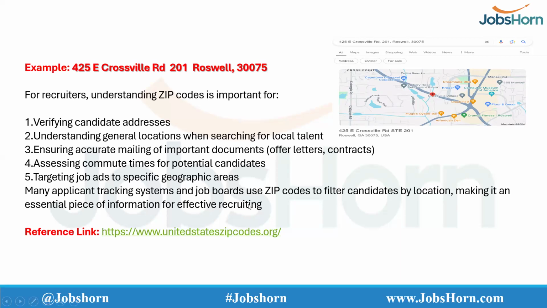It is also important for checking offer letters or contracts. It is of main importance for zip codes.